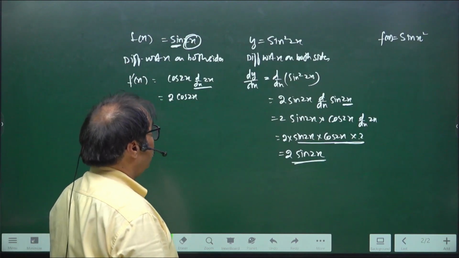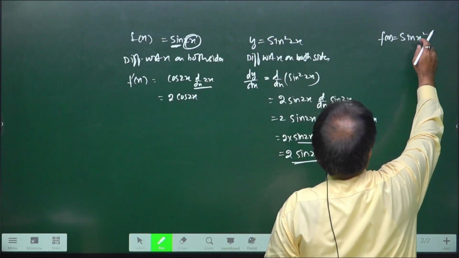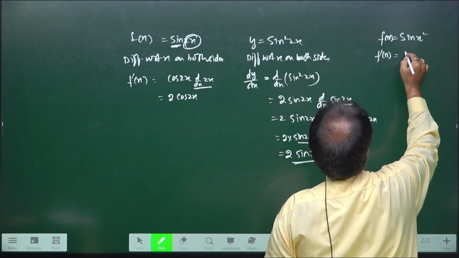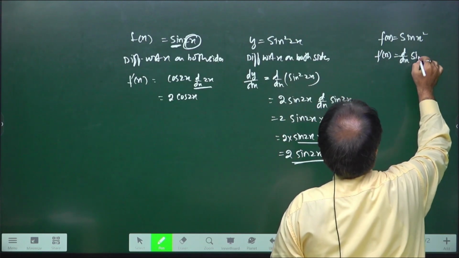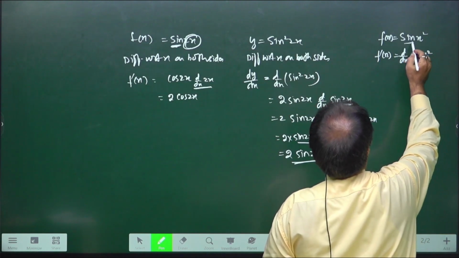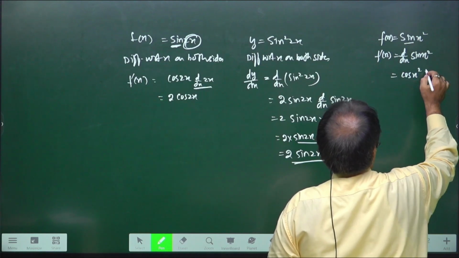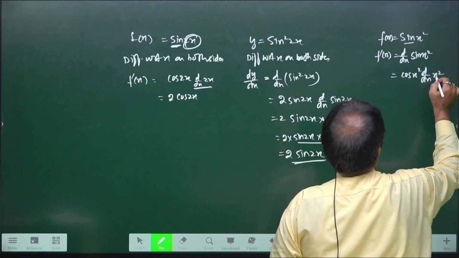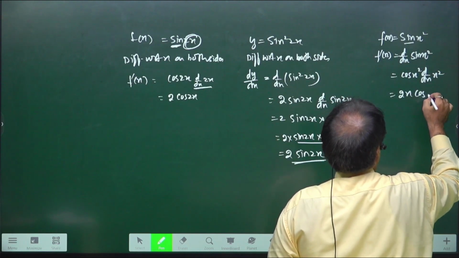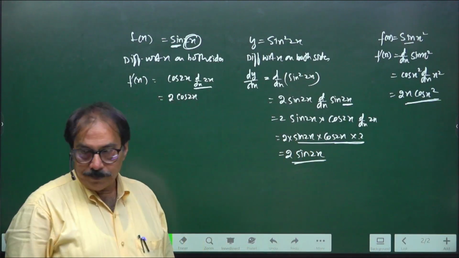Okay, now f(x) is equal to sin x squared. So what about f dash x? It means the derivative, d by dx of sin x squared. Here first we will apply the trigonometrical ratio, the derivative of sin theta is cos theta, so cos x squared, and what is left is d by dx of x squared. The derivative of x squared is 2x. So 2x into cos x squared, and this is the answer of this function, right?